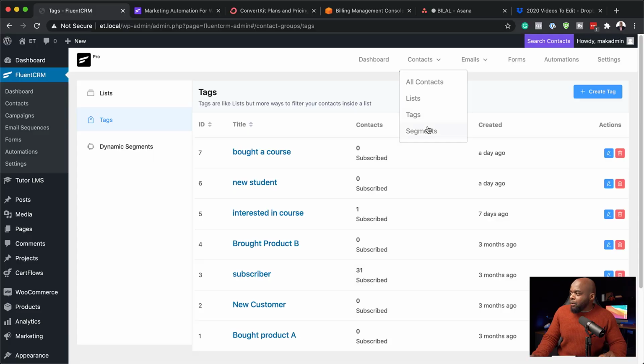So you can create a tag for that particular product. So for example, it could be tag A. So when someone buys tag A, then you can trigger an automation later on, and I will show you how to do that. Okay, so moving on here, we also have a segment, so you can segment all your emails